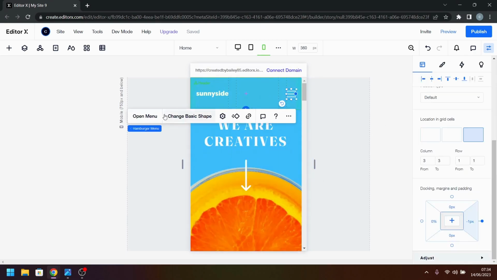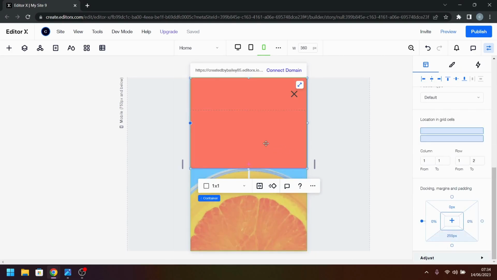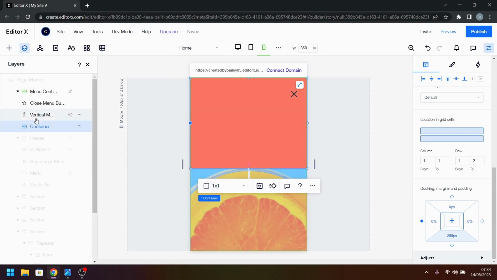Oops. Click that open again. Go to the layers panel, container, margin. We want 6% on the left, 6% on the right, and then we want that to be in the center of the page, but it keeps